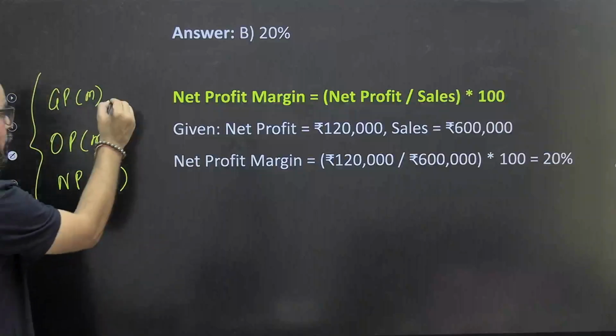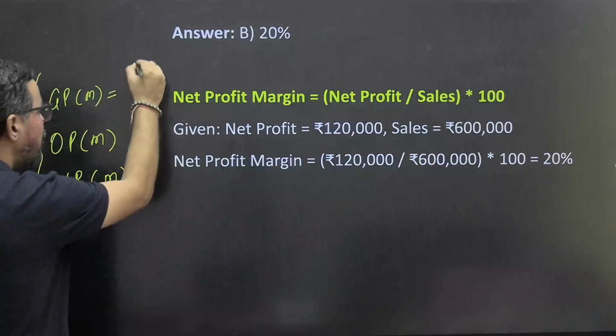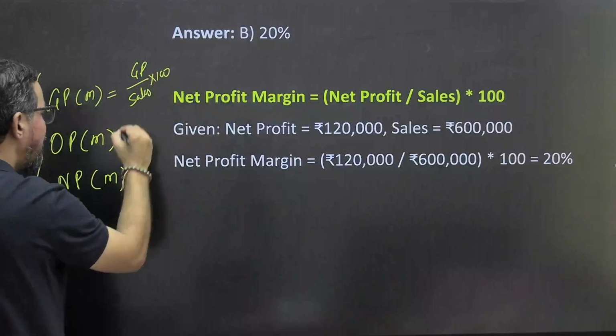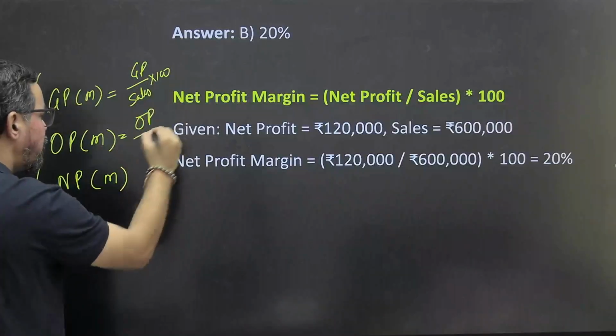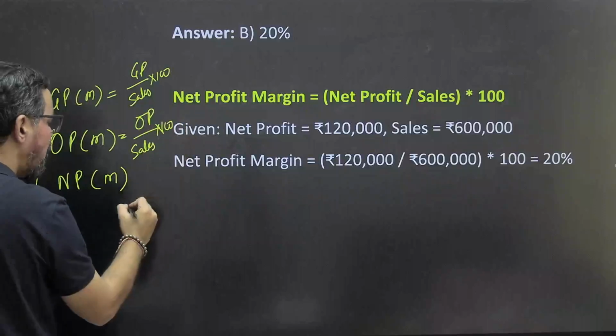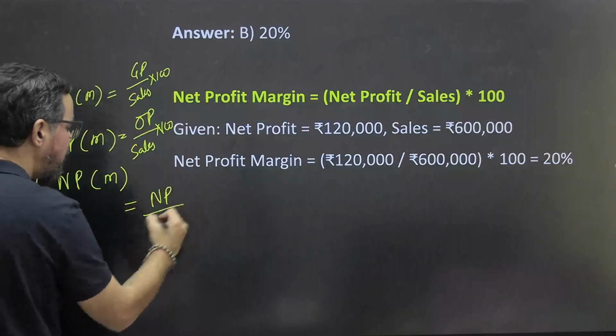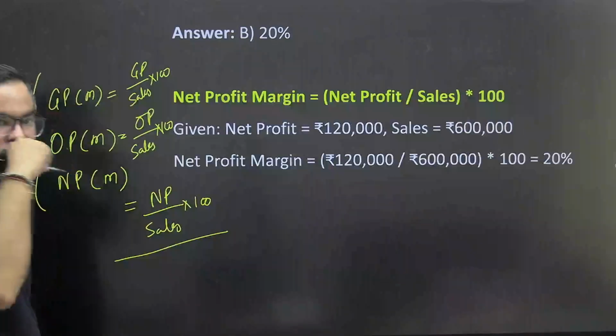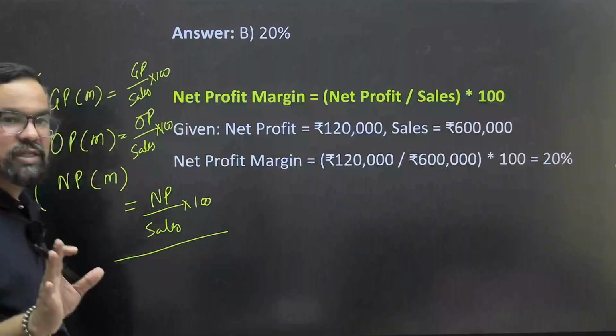So it's completely formula driven: gross profit divided by sales into 100. Operating profit divided by sales into 100. And the next one, net profit divided by sales into 100. Okay. So now the game is, sometimes they'll give you a case study, then first you